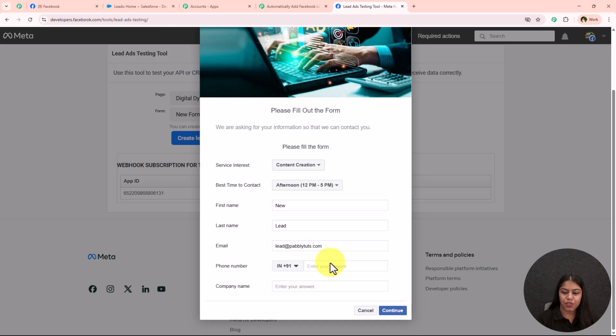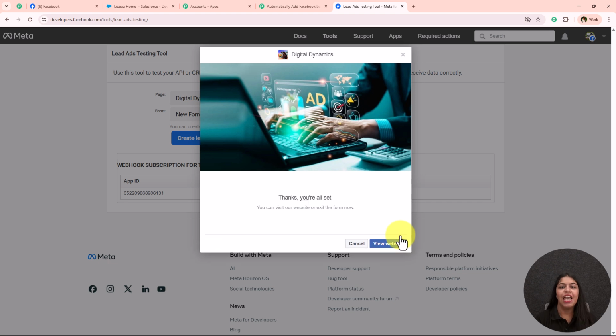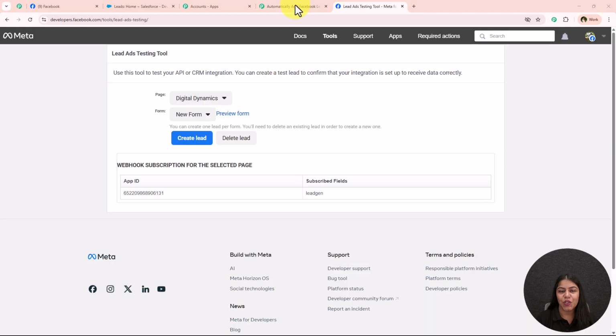For the phone number, I'm just going to enter the phone number, and then for the company name, I'm just going to keep it as Pabbly Tudes. So I'm just going to enter Pabbly Tudes, and now with this we have successfully filled in this form. And now what I'm going to do is click on this button which says Continue and then Submit. And with this we have successfully submitted this form, and we have successfully created a test lead. Alright, so now I'm just going to open my workflow and check whether Pabbly has captured the webhook